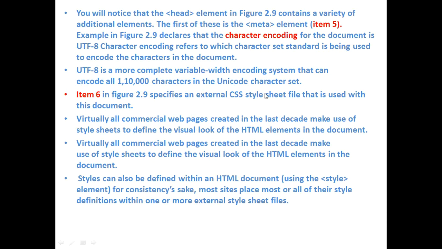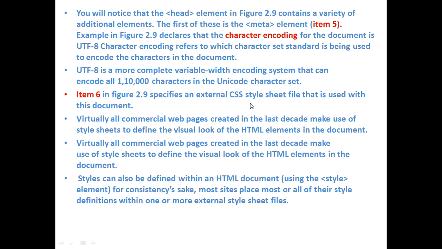What do you mean by external CSS style sheets? That's a file which you have stored in your computer and you are using that file within your HTML page. Something like using #include string.h, where string.h is a header file stored in a computer, which you use in your program for some specific purposes. Similarly, we are using cascading style sheets.